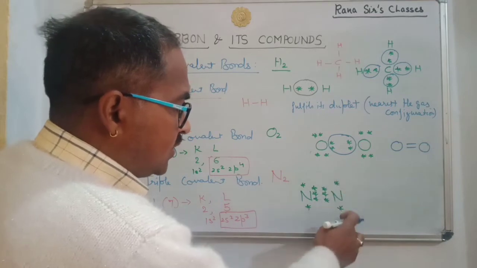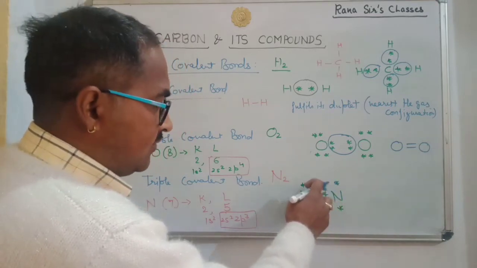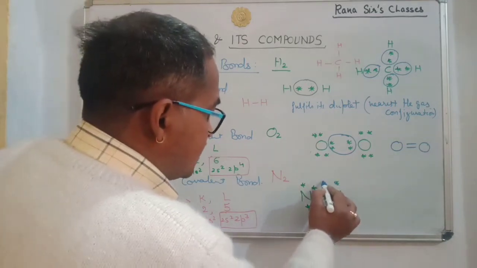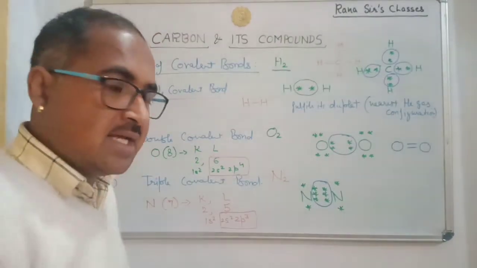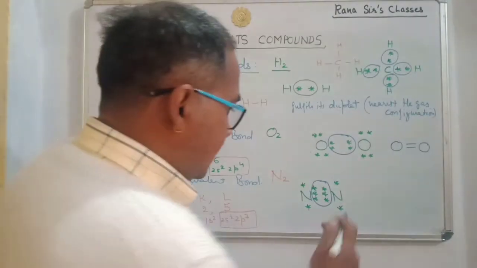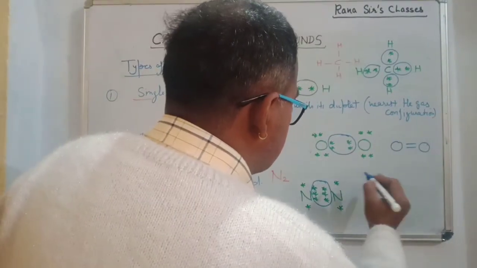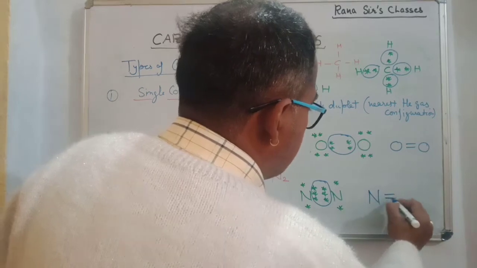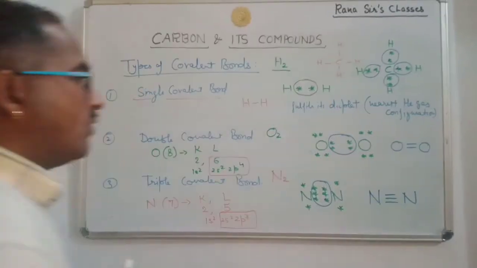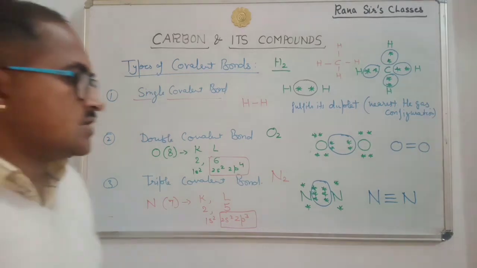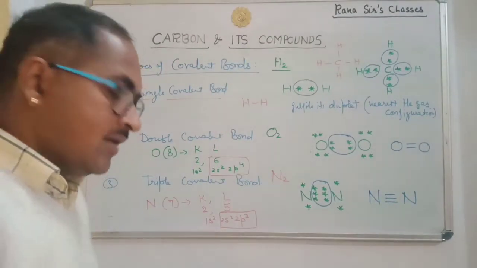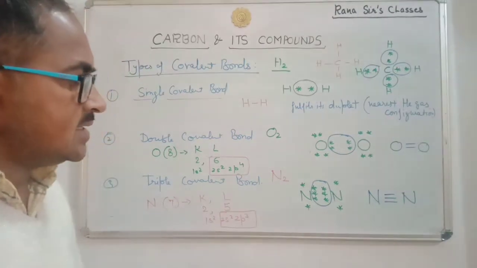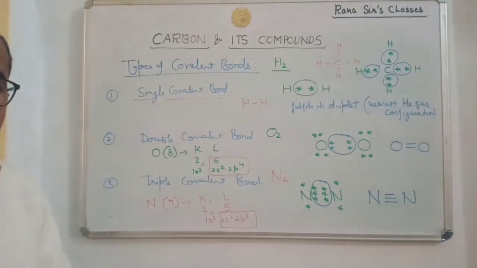And for this, 1, 2, 3, 4, 5 and shared 3, so 8. So 6 electrons are being shared, meaning 2 threes are 6. 3 bonds are there. So a triple bond is formed. So this is the triple covalent bond. So students, this is how these single, double and triple bonds are formed. You can take a screenshot of this so that you can understand it better. Later on we will discuss it.